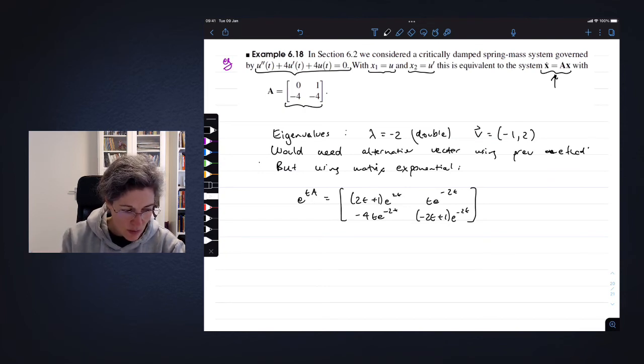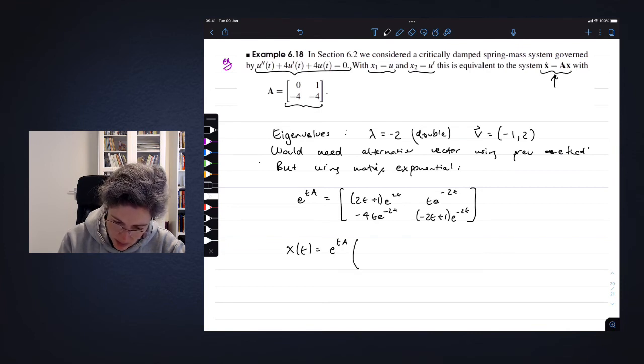And then we just go straight ahead and form our solution using this, which is that x of t is equal to e to the tA times, well, let's say with initial conditions, so if, I don't know, 1, minus 5, our final solution would be this, which is